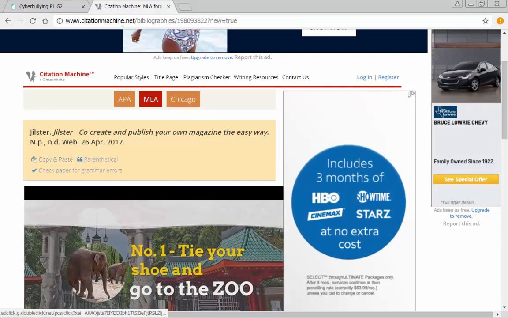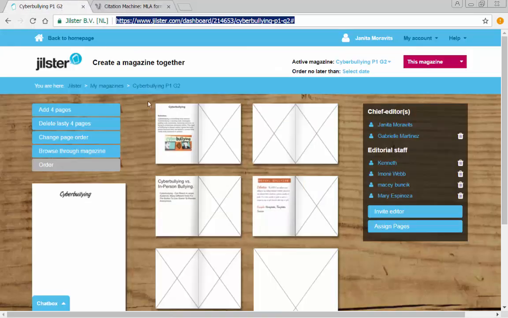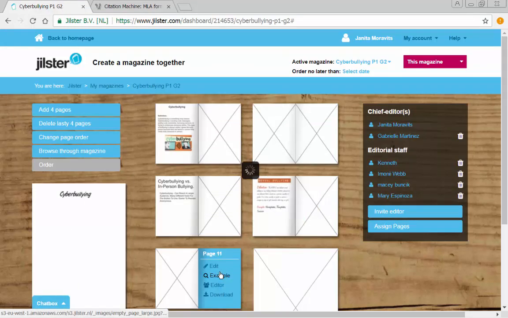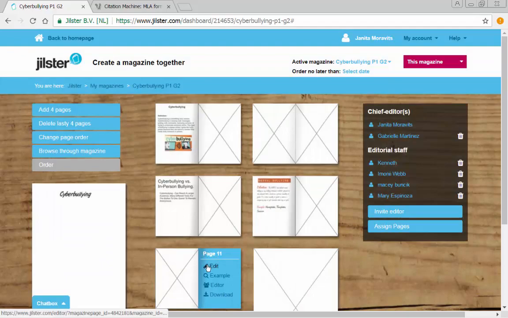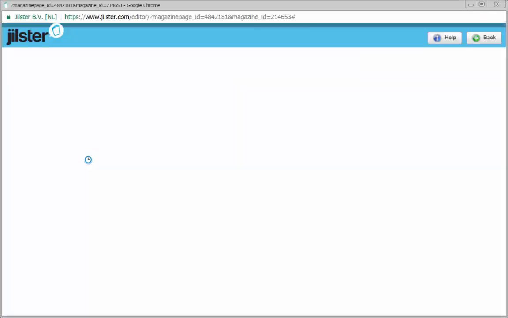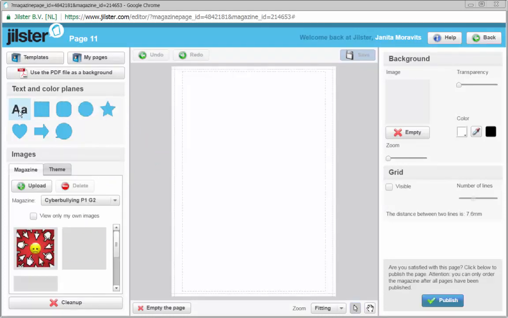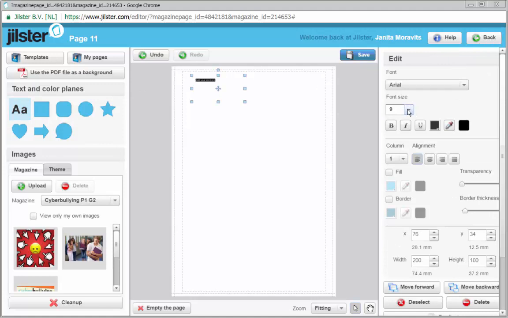Now, that page 11 of your magazine, this page right here, we don't need an example. We need your page 11 right here. You're going to edit this. What I would do is I would make sure that you had some text at the top of this page. Remember, again, it comes over there super tiny. Make it big enough that you can see it. You can always adjust the size later. And I would call this,